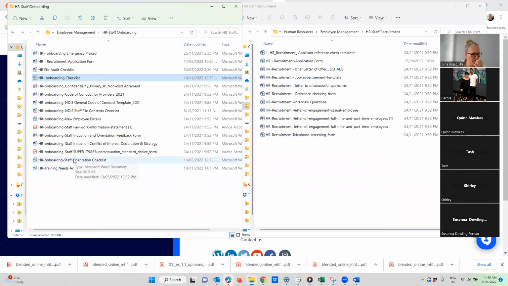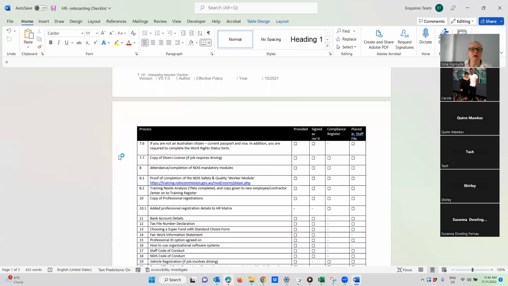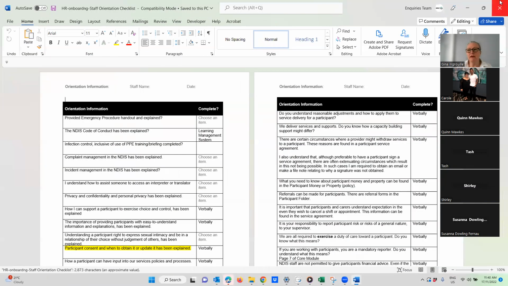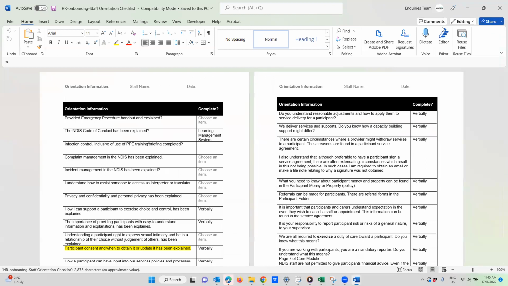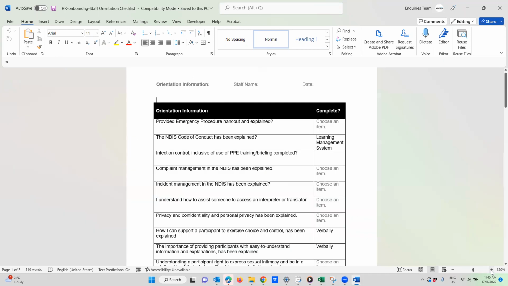There was so much else that I found people weren't able to demonstrate to me easily when I was auditing. So I gathered all of that information into some orientation checklists. And here is a sample of it. If I took everything out of the standards that refers to what staff need to know, do, have done, it's this, and this is one of the easiest ways I know to make sure that they know what they're supposed to know.